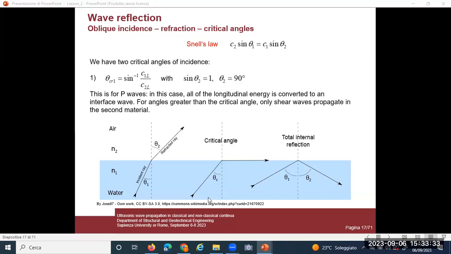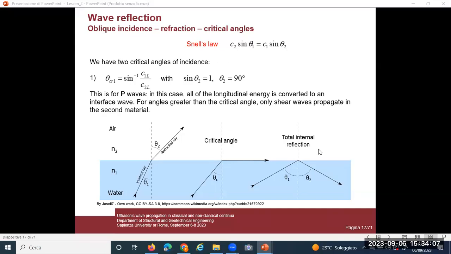For incidence angles larger than the critical angle, the incident wave is totally reflected. So the wave cannot propagate in the second material. This example in this drawing is made for light, but for materials that are used in structures, for instance,